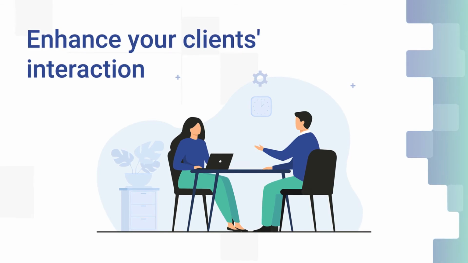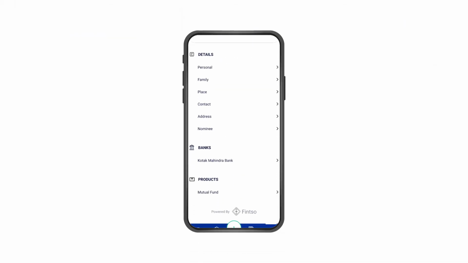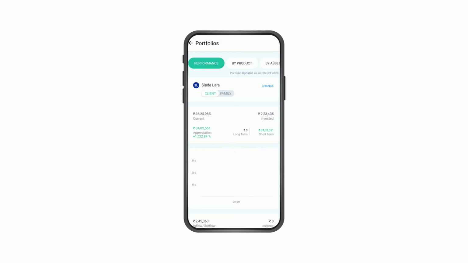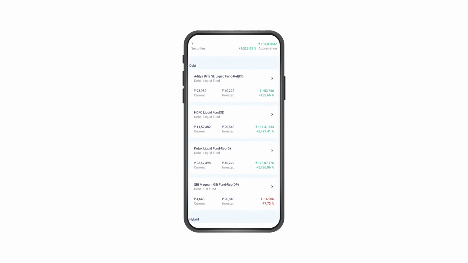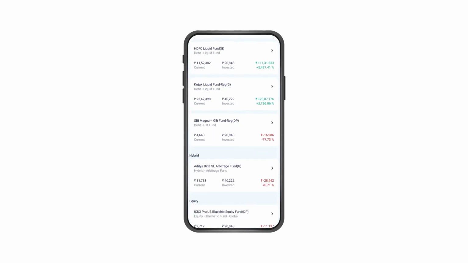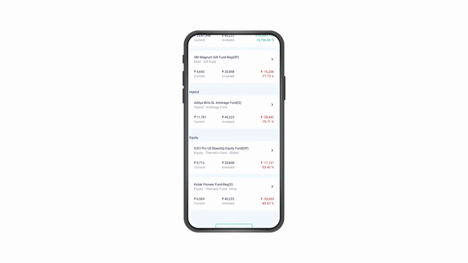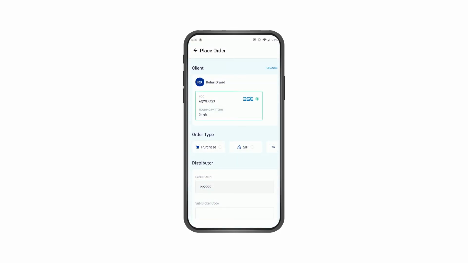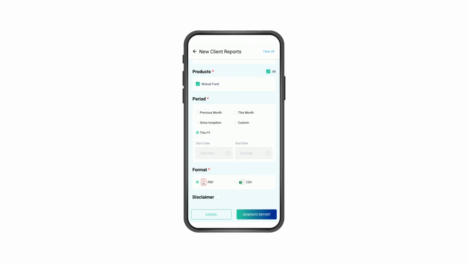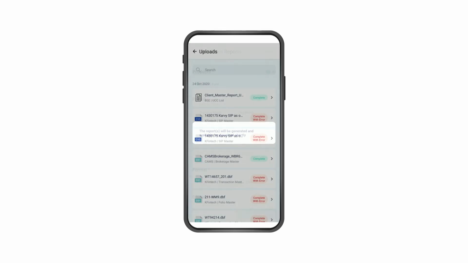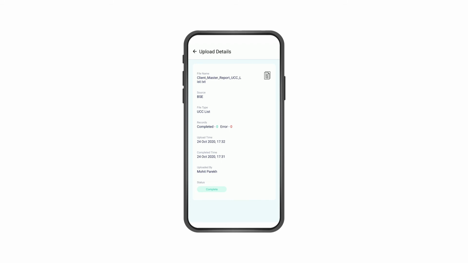The partner app allows you to view a client's information and portfolio dashboard, get snapshots of client-specific investments based on products and asset classes, place an order, generate and download client reports, check file upload lists.